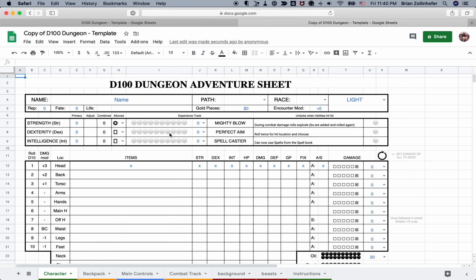But pretty much the thing that you need to know is that anything in blue you can change. Anything with a drop-down menu you can change. But anything that's black, you really shouldn't be messing with. It might break some of the pieces of the spreadsheet. So I'm just going to go through and show you, if I were going to be making my character,